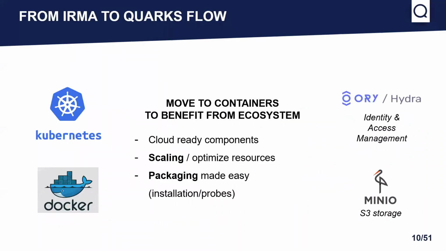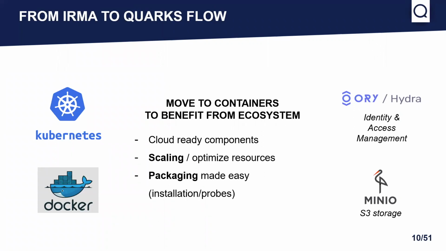The first thing is, as Ivan mentioned, we recently completely re-architected the project and moved from a virtual machine-based system to a containers solution. The rationale behind this change is mainly to benefit from the ecosystem of containers. Moving to containers allowed us to use Kubernetes for the scaling, and we will see that later. It will allow us to scale easily and to run our solution on more hardware easily.